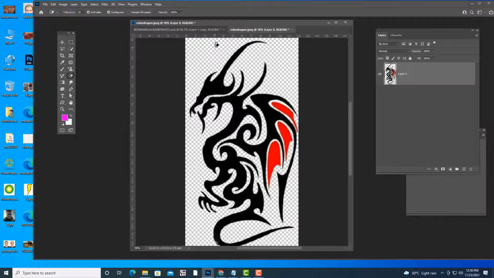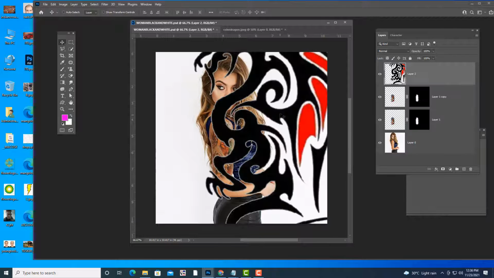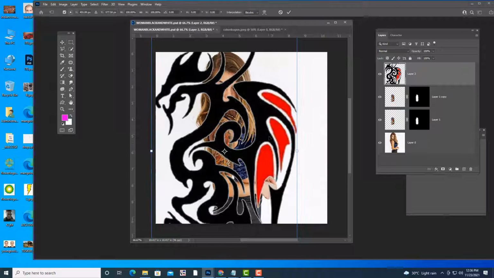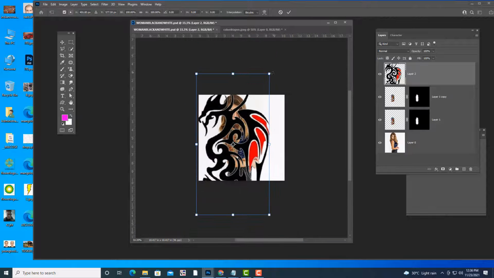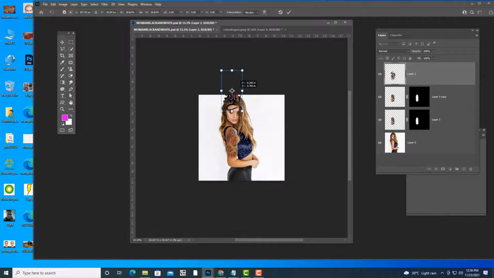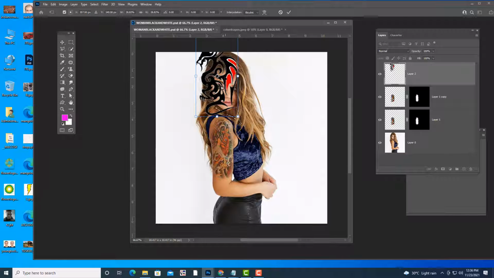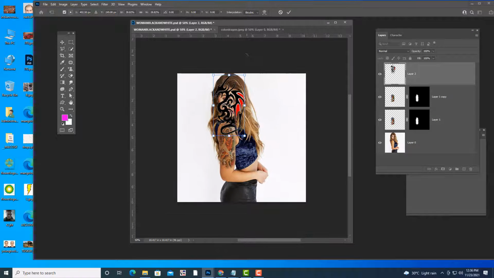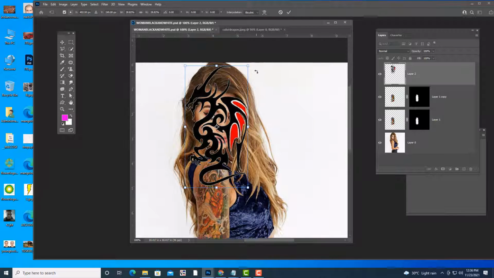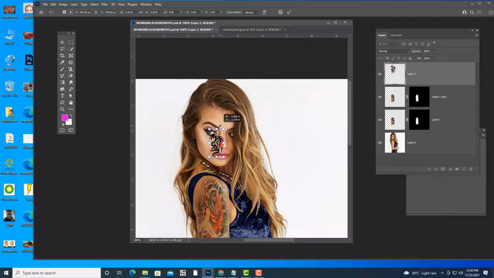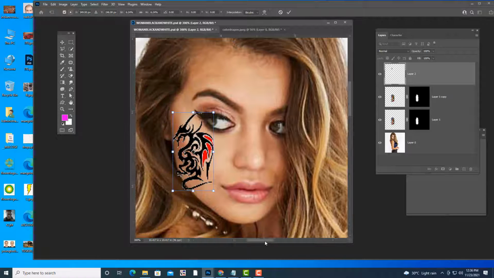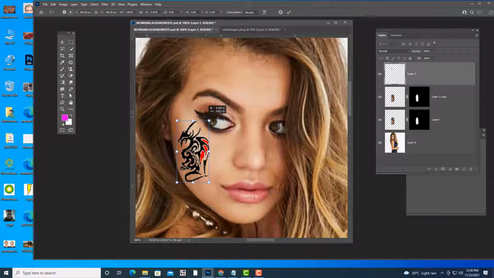Everybody knows now, magic eraser. Control minus. So I am going to put it on her face.